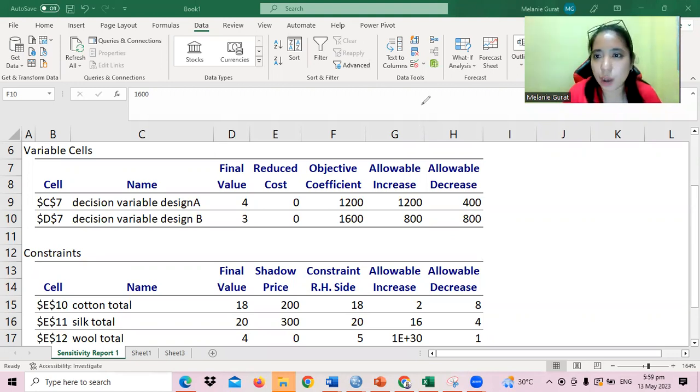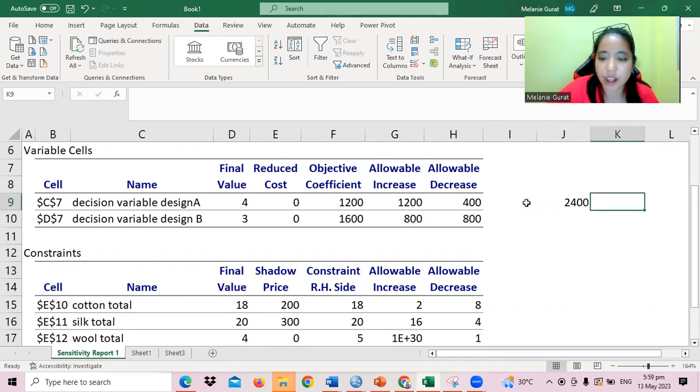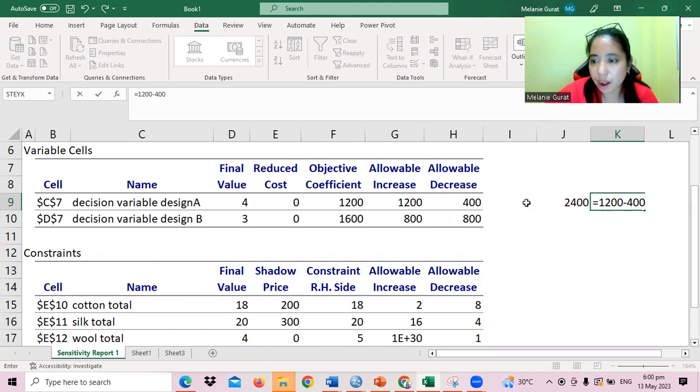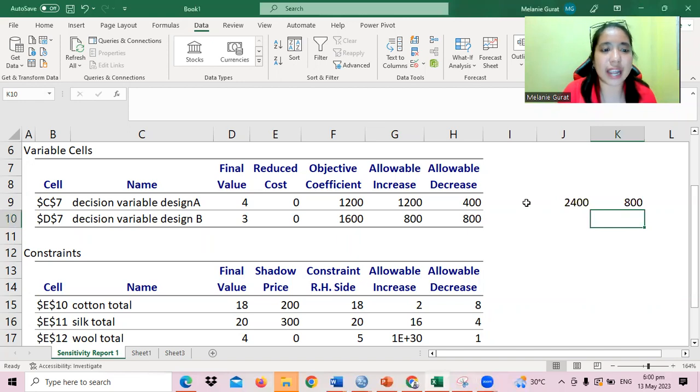If we compute, we have the original profit, which is 1,200, plus 1,200, so we can have a maximum profit of 2,400. And if we deduct 400, it is 800. So in producing design A, we can have a profit that ranges from 800